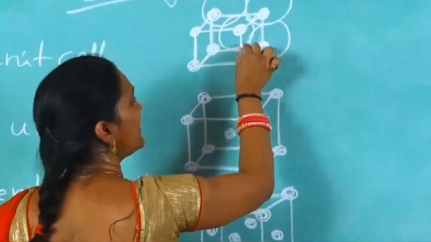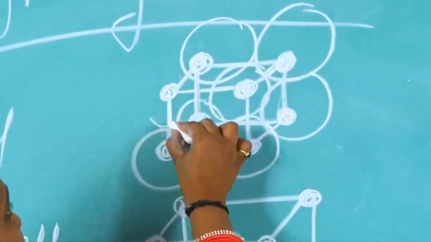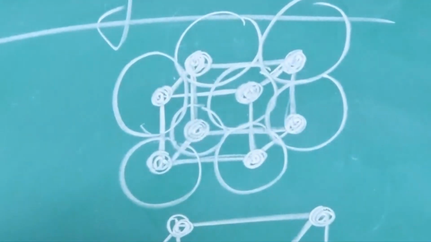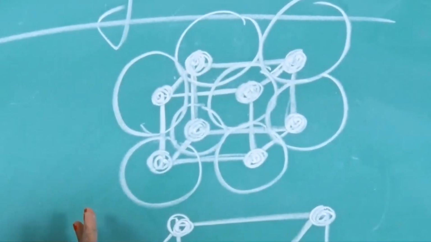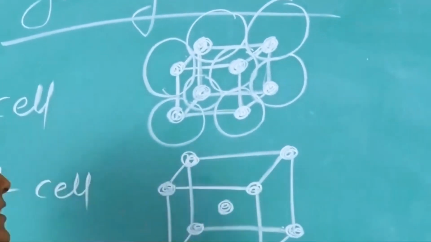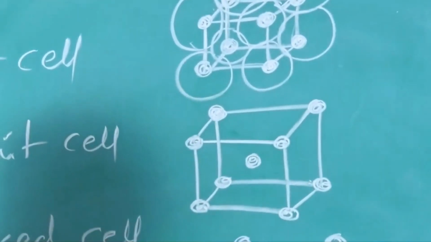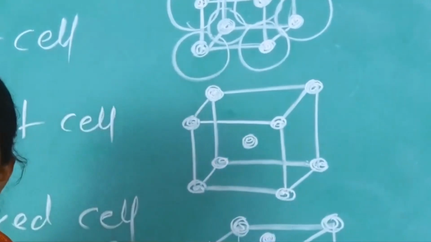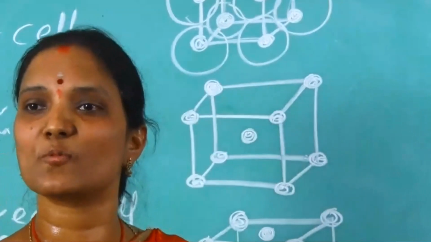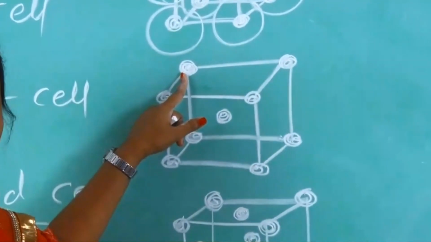If I give the diagram like this, definitely you will be confused. Where is the position of the particles? The actual diagram is like this, and you won't want to watch that because it will definitely confuse. Yes or no? That's why, instead of particles, every time we use points. I am using one point here, meaning one particle is present in this position. So instead of particles, in the diagram we use small points only.